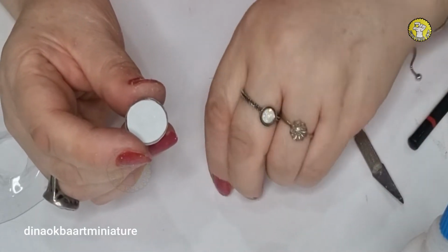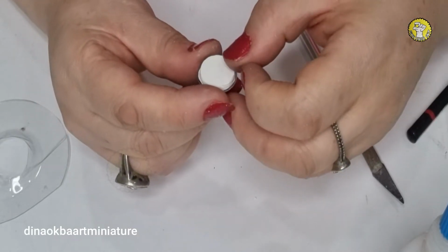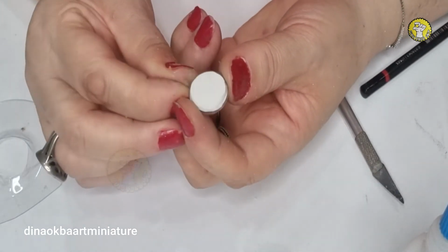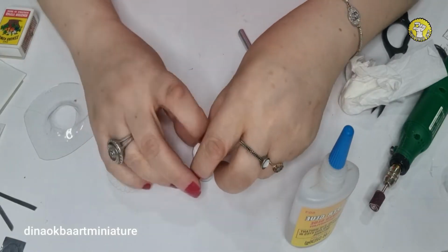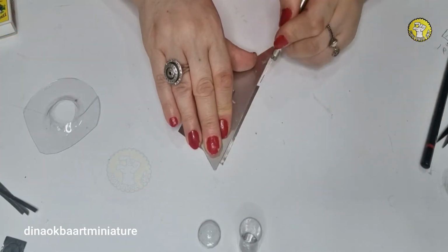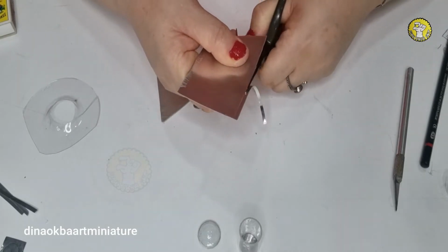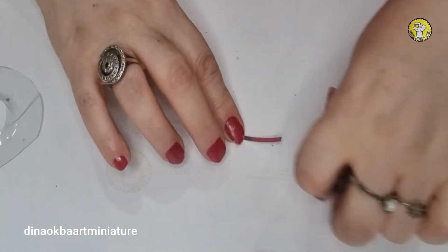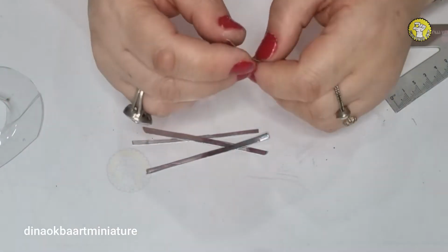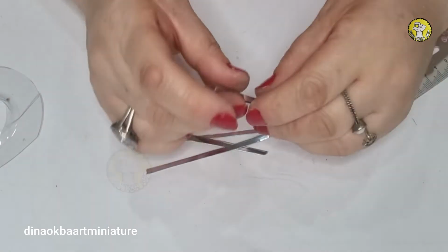Here we go. And I press a little bit. Fine, good. Now let's try it. It's fine. Now I will bring this very thin aluminium sheet. I cut them like that. Make them straight. I make four of them, and I try to bend a little bit in the center